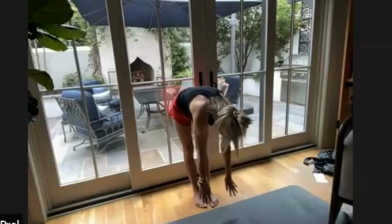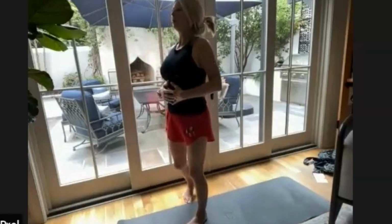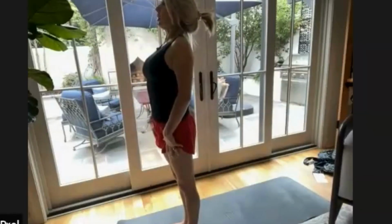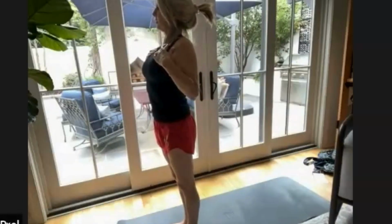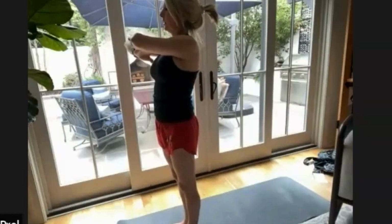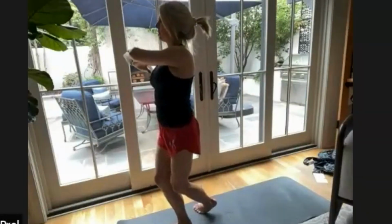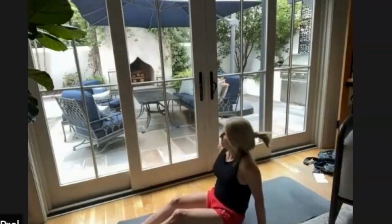Alrighty, we're going to move on to some classical Pilates mat work now. So you can lay down on your back on the mat, or you can also try this balance pose, standing up tall at the edge of your mat, rolling those shoulder blades back, again opening your chest, bringing your arms into a genie pose, and let's bring our non-dominant foot behind our dominant, and we're slowly going to come down one vertebra at a time, to the mat,